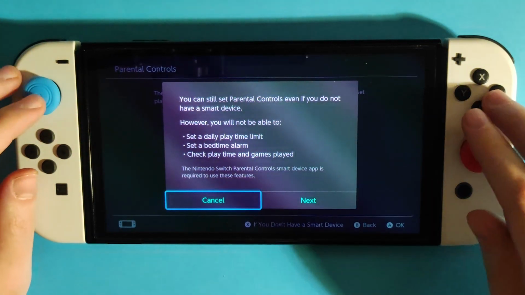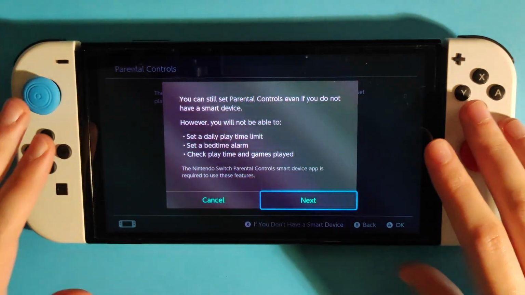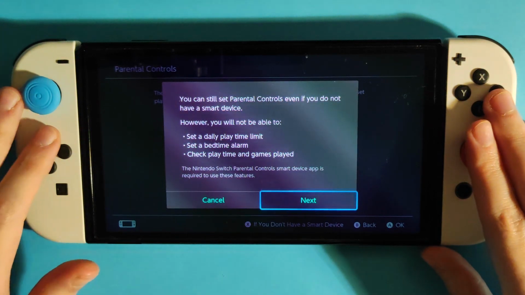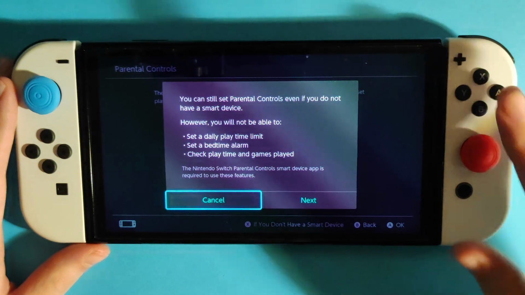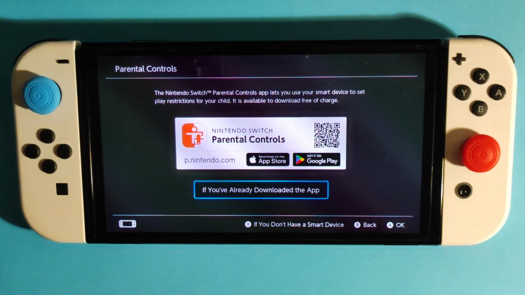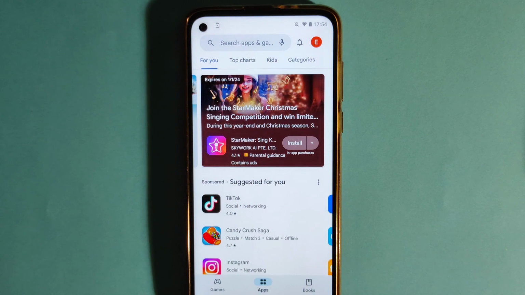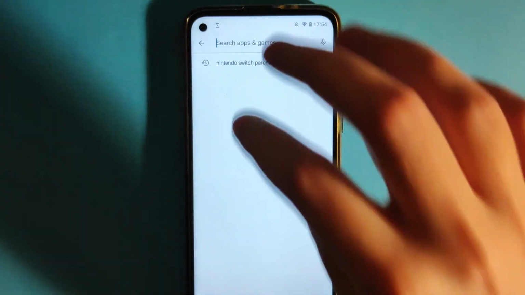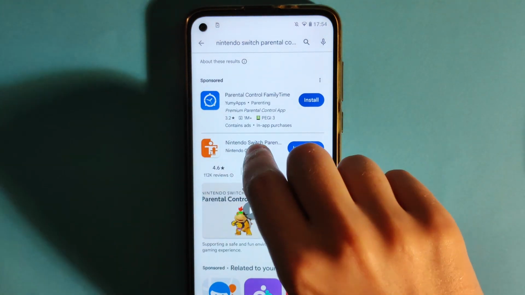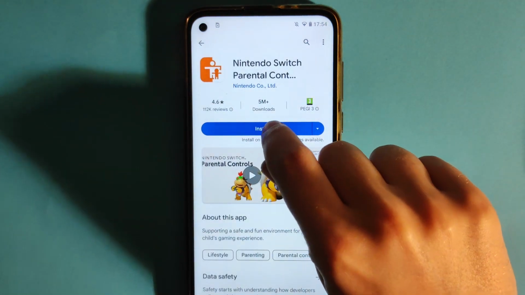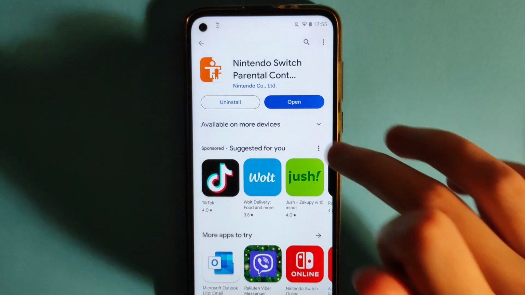So let's do that. Since this is way easier to do so, you simply need to follow the instructions over here in order to set up the parental controls, but we will use the app. So first of all we have to go to, like I said, the Google Play or the App Store in order to find the Nintendo Switch app. Now since I am using Android, I'm gonna go to the Play Store and I'm gonna search for Nintendo Switch Parental Controls, and then choose this one over here and then install it. Once you install it, we can open it,